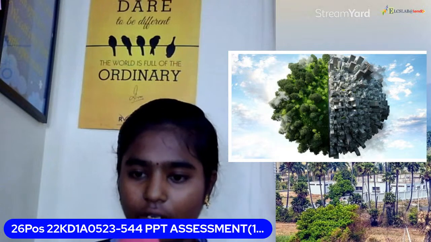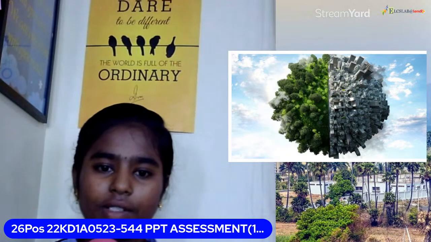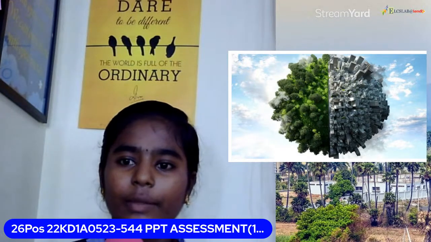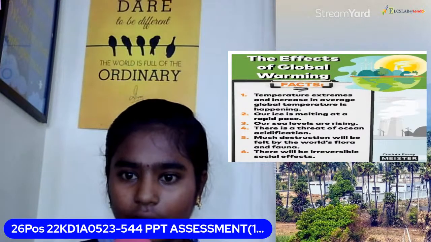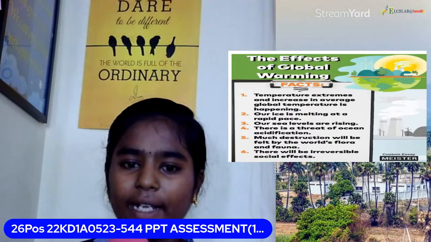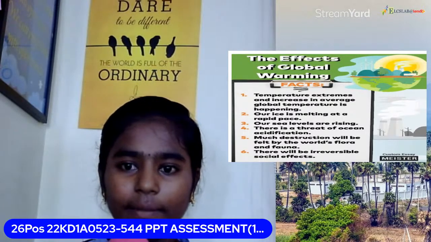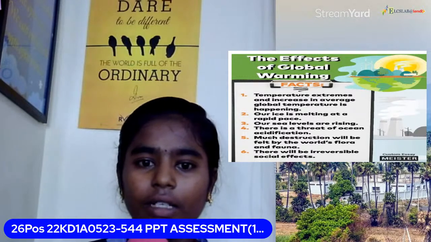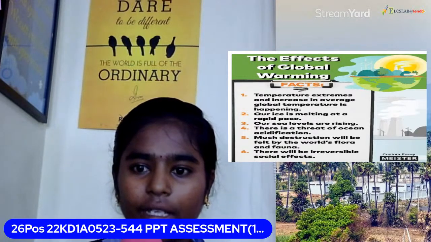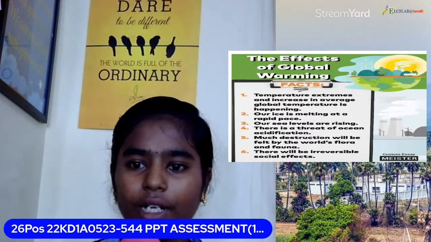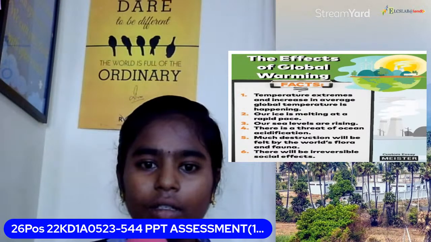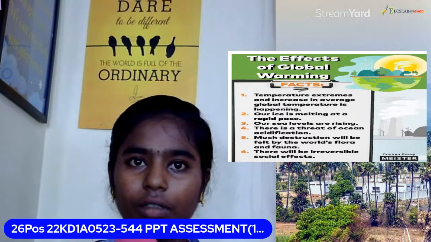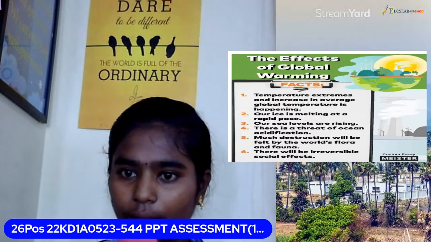For our facilities, we are using the renewable resources, so we have to reduce them. The remedies for reducing global warming are using solar panels and cow dung, etc., to produce electricity. And the effects of global warming are that ice is melting, the glaciers are melting and the sea levels are rising, and there will be destruction of flora and fauna. So we have to reduce them. We have to plant trees, and we have to produce electricity from water, and by these remedies we can